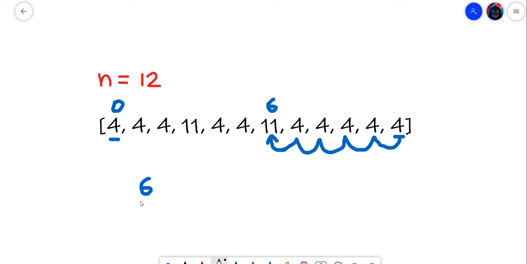But here is one catch. If we fix this last house and try to iterate from the starting, the house at the very beginning is of the same color as the ending, so we'll move here, and it is also of the same color, so we'll move here. When we arrive at this house, we find that it is of a different color, and if we calculate the distance, you will observe that the distance is basically 8.